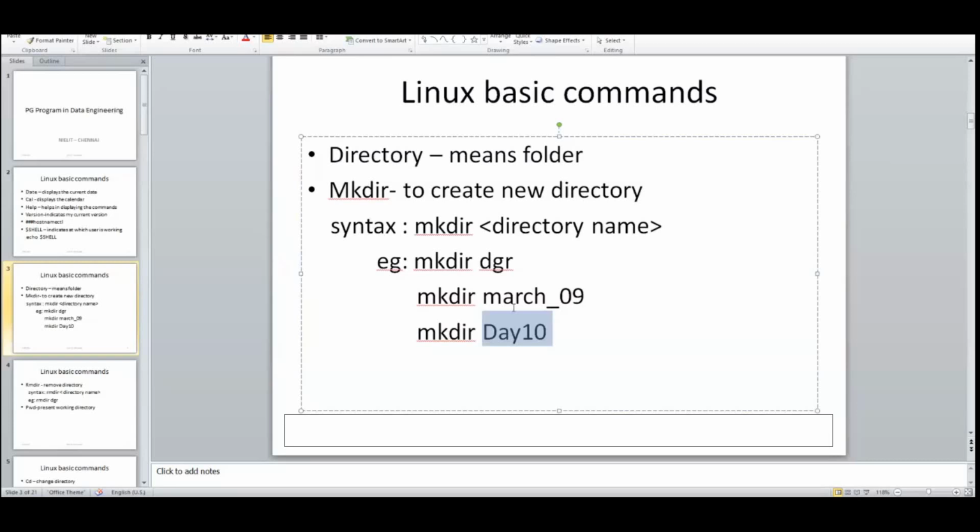Okay, ma'am, one question arises. I want to create folders within folders. Each and every time I would have to go inside that folder and run mkdir, which is a waste of time. Suppose I want to create day one, inside that day one a morning session, inside that morning session module one, and inside that module one Linux. So I want to create four folders, and each time I would have to go inside the previous folder. That will take time. So there is one option called